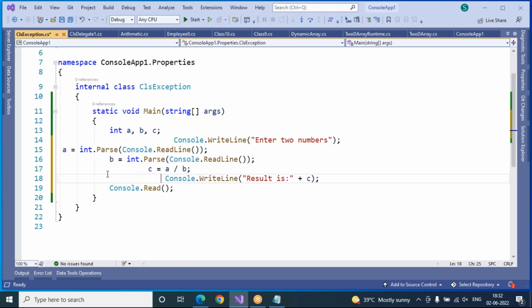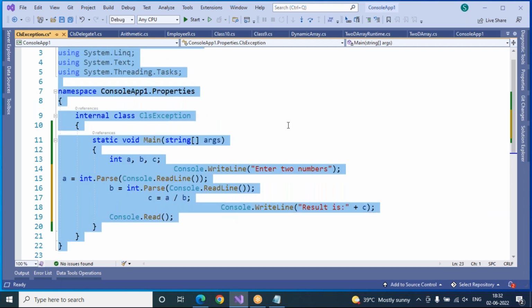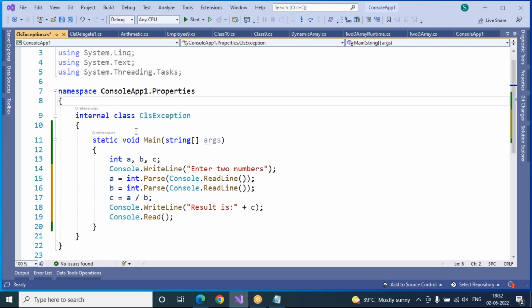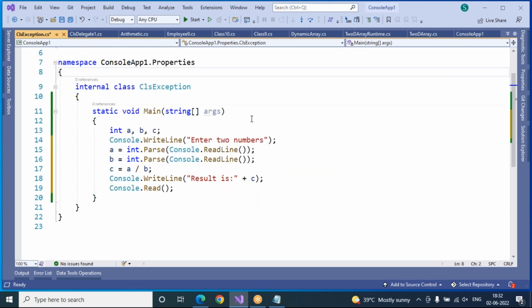No, look here. Is this structured? No, sir. If you want to arrange this program in a structured way, press Control A, select this, and then Control plus K D. Then it will arrange it in a completely structured order. So it looks good. Now after this, I'm trying to